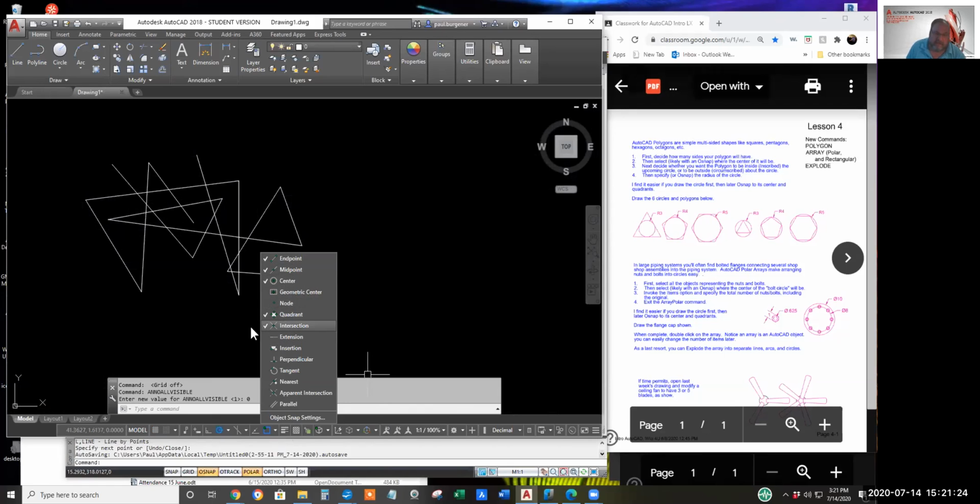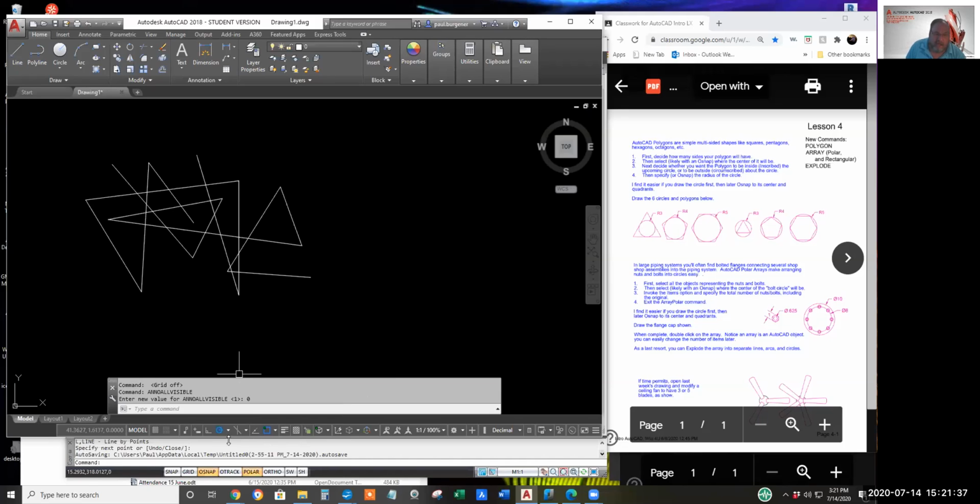And I think you'll see that you rarely need to use an OSNAP override, except for an occasional tangent, near, perpendicular. Anyway, so we got the status bar rigged, everything off except polar tracking set for 45 and object snap set for Burgener's 5 favorite.